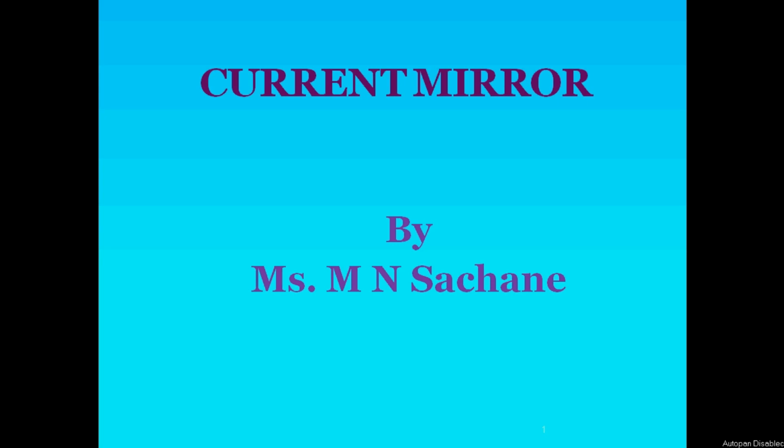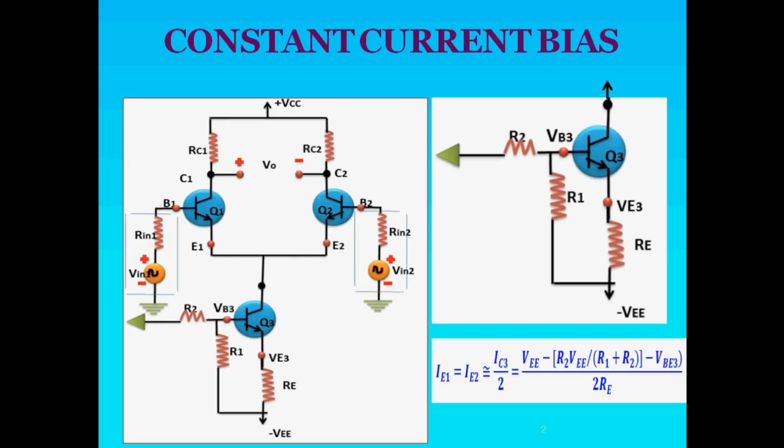So, already in the previous lecture what we have seen is the constant current bias circuits. So, there are different constant current bias circuits. We will simply summarize this. The constant current bias circuit with the resistive load that we have seen, as you see here in the first diagram, uses a constant current bias circuit with resistive load R1, and here the collector of transistor Q3 is connected to the emitter junction of Q1 and Q2.